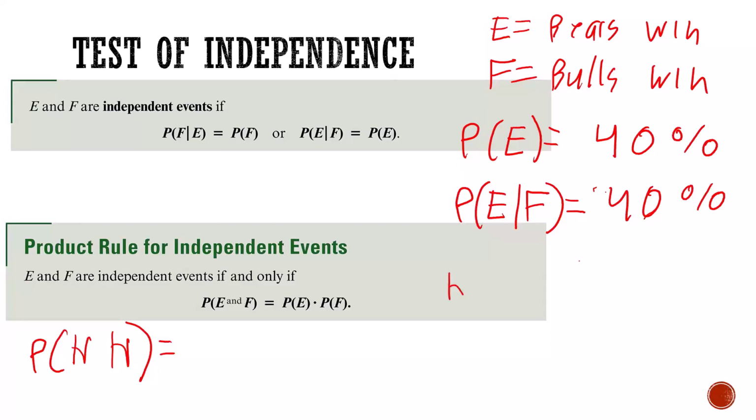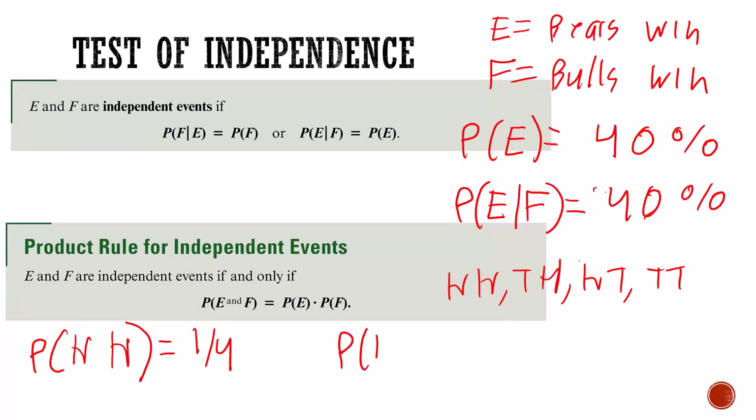Heads, heads, tails, heads, heads, tails, tails, tails. What's the probability that if I flip 2 coins I'll have exactly 2 heads? 1 out of 4. I can write this a different way. The probability of the first coin being a head and the second coin being a head is equal to the probability